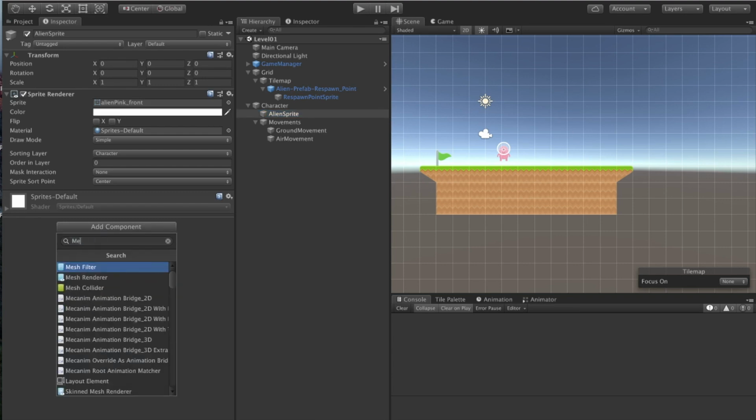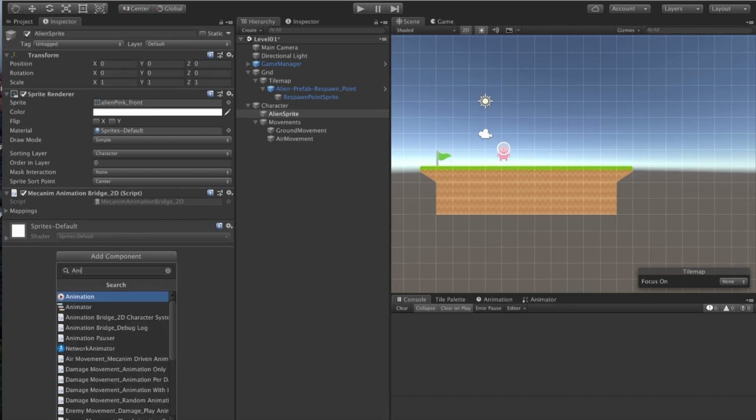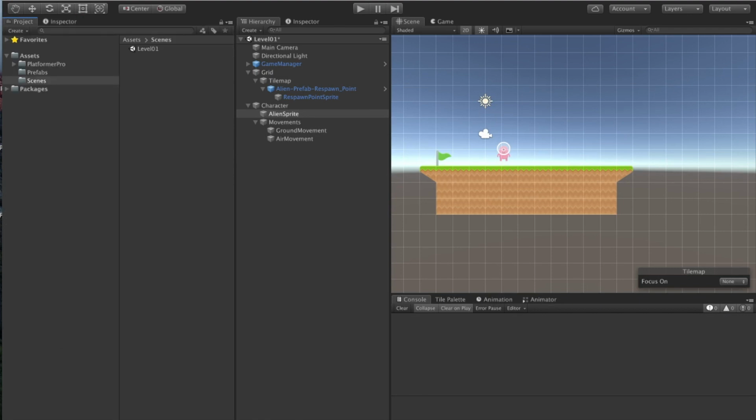Let's add that component. We'll add an animator and an animation controller. Let's create one from scratch so you can see the process of animating your character.